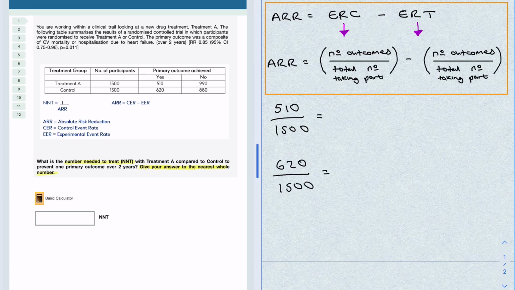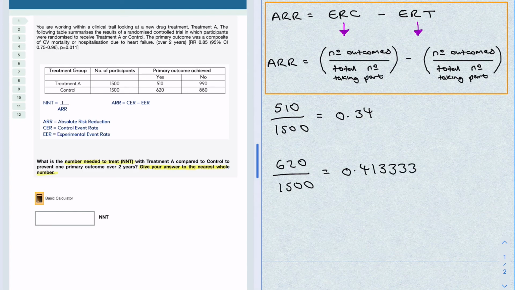So let's just have a look at where these values have come from briefly again. If you look on the left here, you can see that the number of outcomes is 510. You can see my number of participants is 1500. So using this formula here, number of outcomes divided by total number taking part, 620 divided by 1500 there, it's the primary outcomes over the total number of participants. So working those out, let's fill in our answers. 510 divided by 1500 is 0.34,